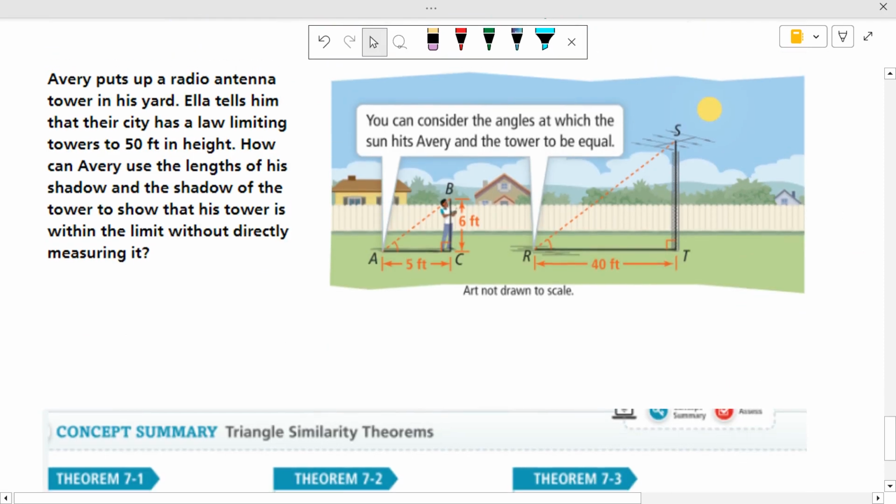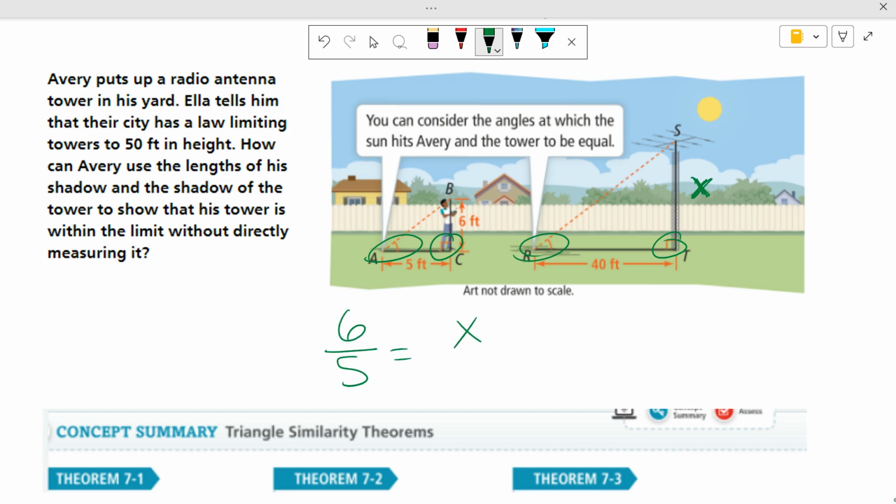All right, radio antennas. We have a right angle here and a right angle here. And because the sun is shining down at the same angle, and if this angle is congruent to this angle, we have similar triangles. Okay? Because once two angles are congruent to two angles, then these two triangles are similar. So if this person is standing and they're 6 feet tall and they have a 5-foot shadow, and this tower has a 40-foot shadow, we should be able to figure out how tall that is because we can set up a proportion. So if we put an X right there,